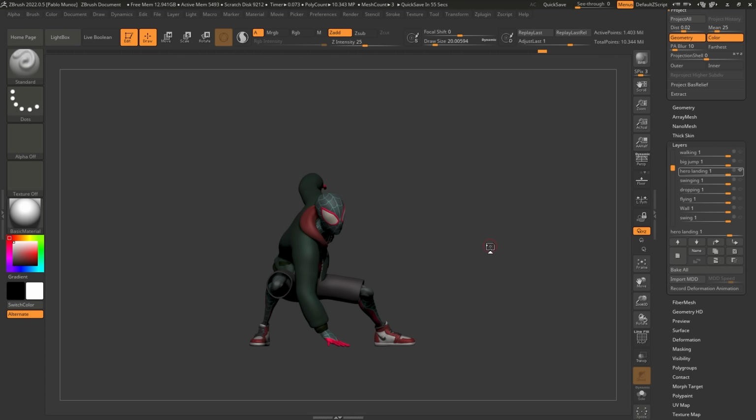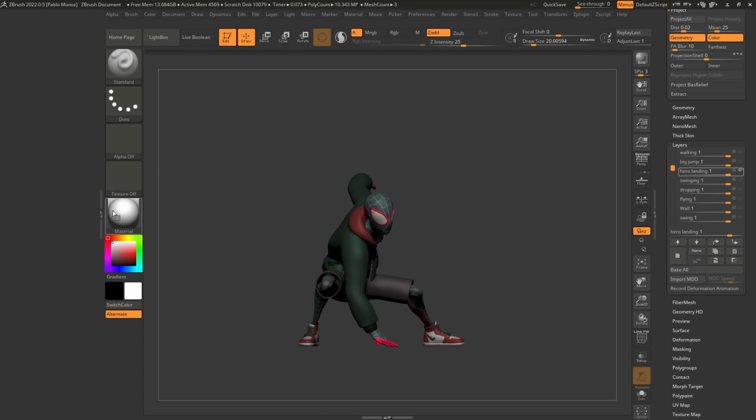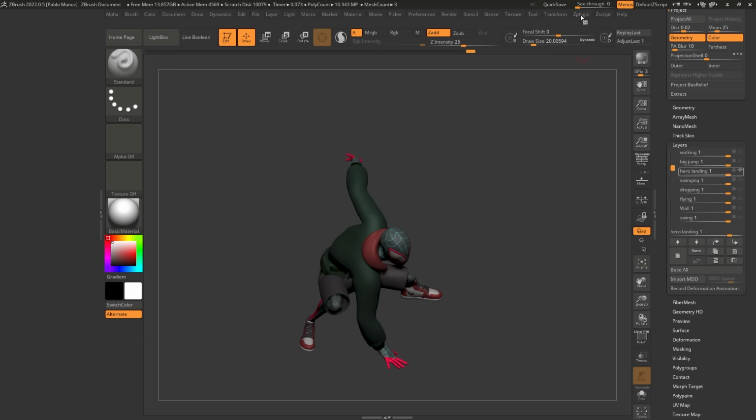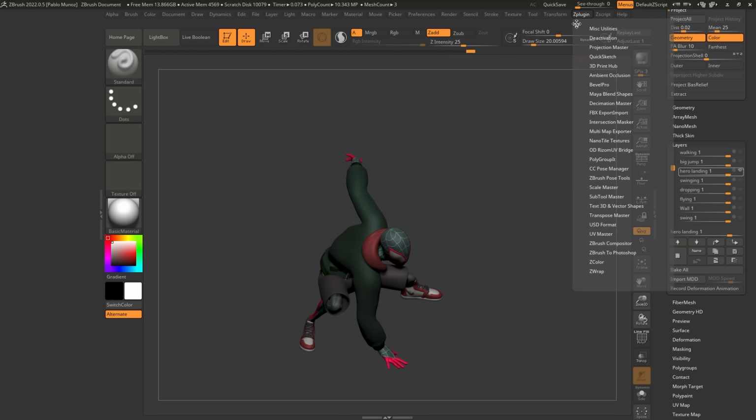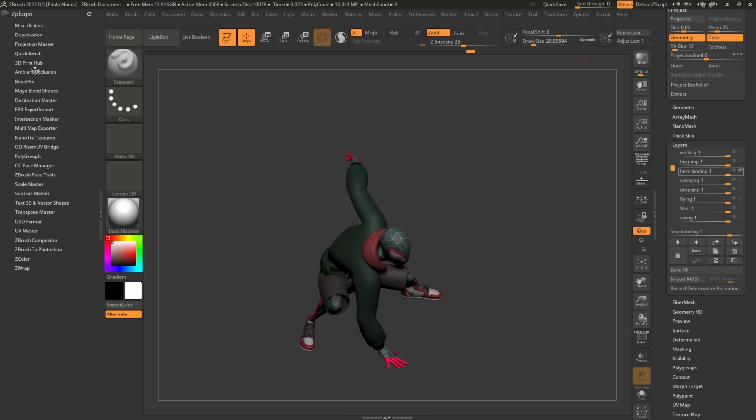So this is basically what the ZBrush Pose Tools plugin does. It helps you manage the pose and simplify the entire workflow. So I'm going to show you how it works. I'm going to open up this left tray by double clicking those arrows. Let's go ahead and click on the Z plugin palette and click on this icon right here to drag and drop it in there. And I'm going to open up the ZBrush Pose Tools.